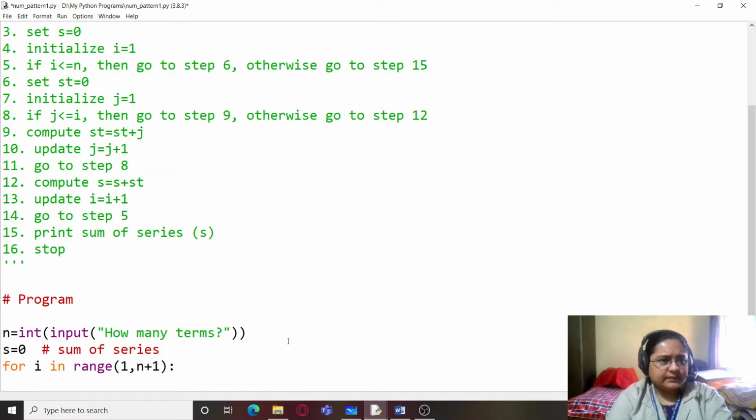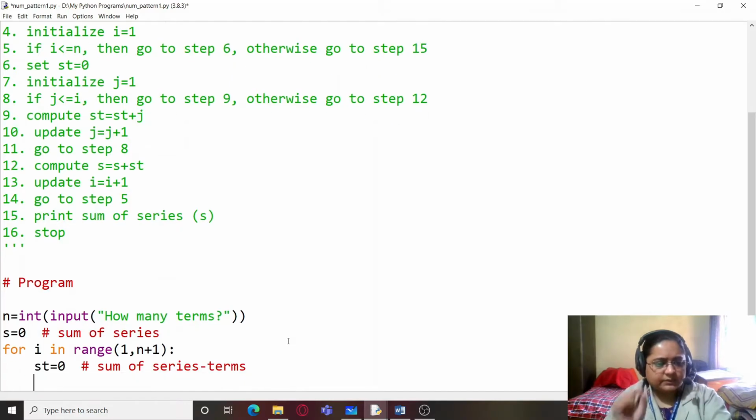Now within this we will have set st equals 0, that is step 6. So we will write here st equals 0, which is the sum of series terms. Each of the terms are series in themselves. So sum st will be storing the sum of those terms.